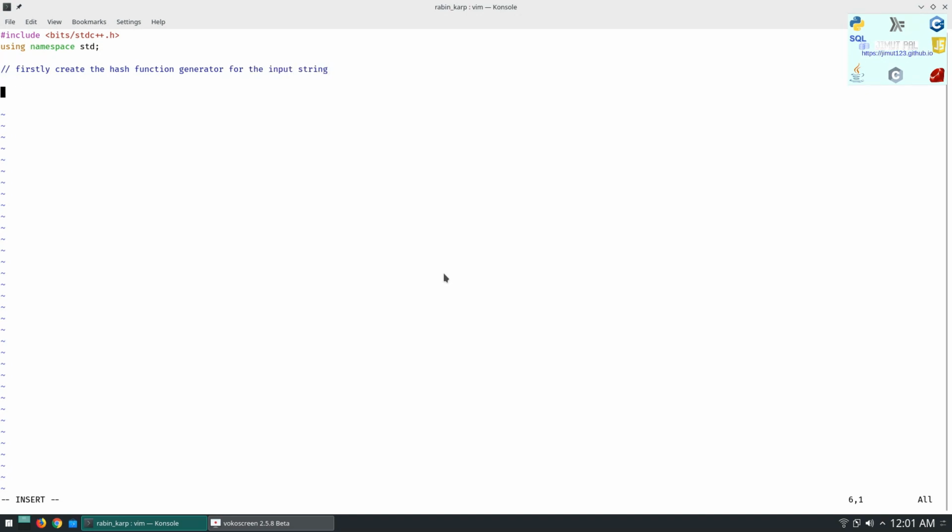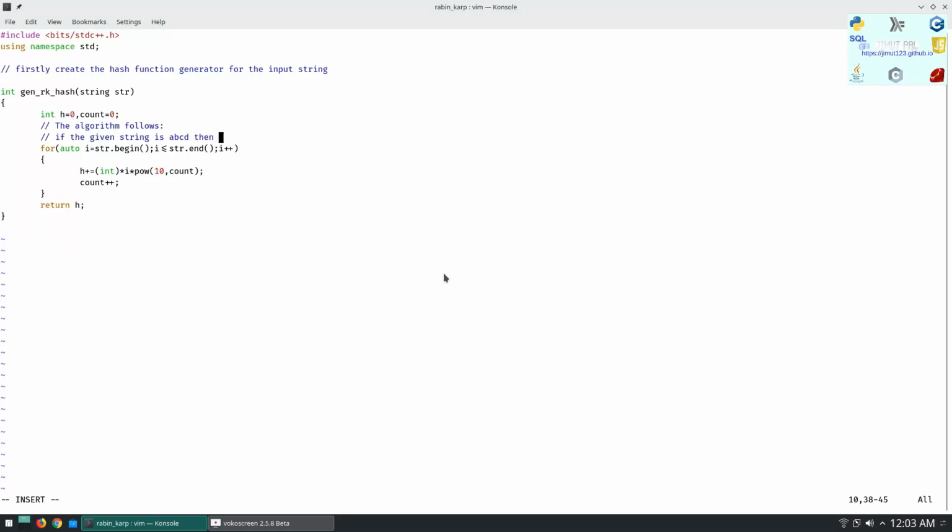So firstly we need to create the generator for the hash function, which will be generated for the string or the search pattern. So for finding the hash of the search pattern, we will iterate through the search pattern, and we will make a weightage in decimal. And if the given string is abcd, then the procedure will make a hash